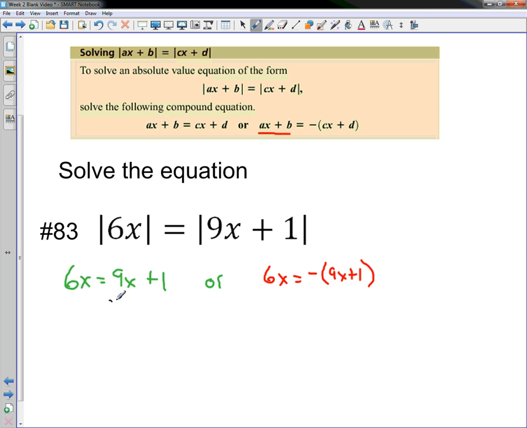So in the first one, I'm going to subtract the 9x over. That gives me negative 3x equals 1. And then divide by negative 3, and then we should have a solution. So we have x equals negative 1/3. Or